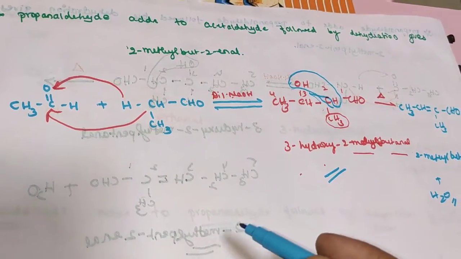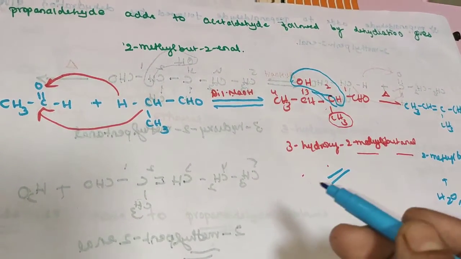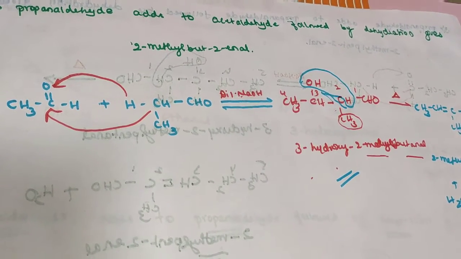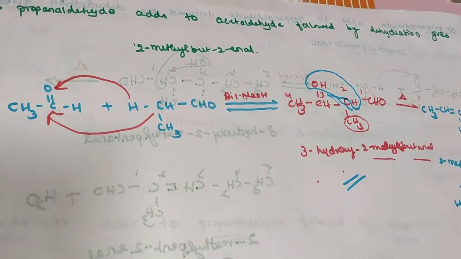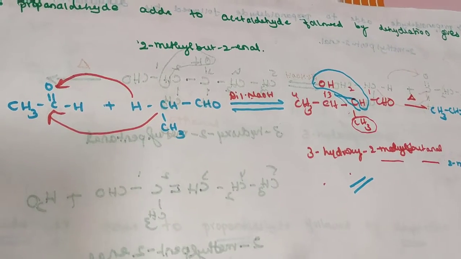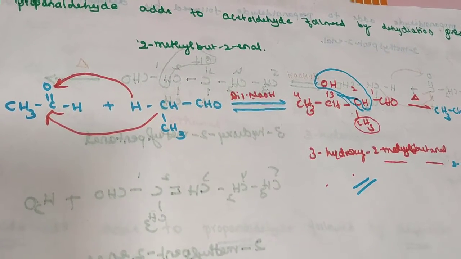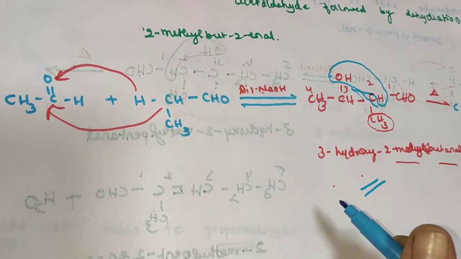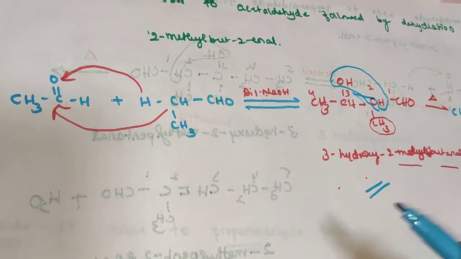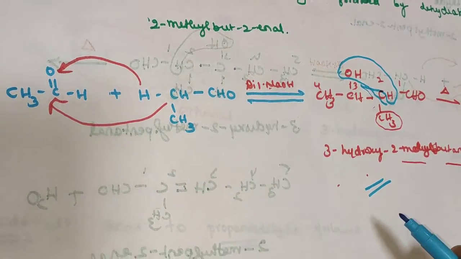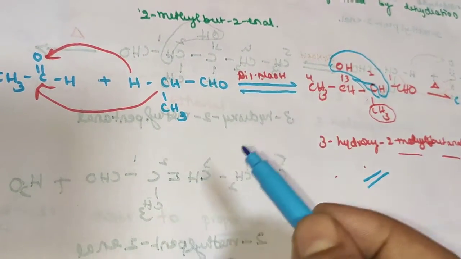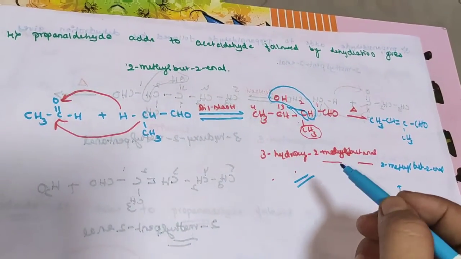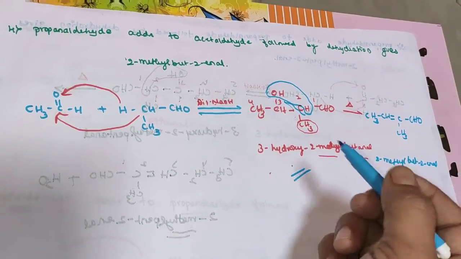Cross aldol condensation will always give a large number of products and hence there is difficulty in separating them. The mixed aldol condensations that are the most synthetically useful are those in which only one of the reactants contains alpha hydrogen and hence can form an enolate, or one of the reactants is more reactive towards nucleophilic addition than the other. So this is about cross aldol condensation, meaning which reactions are involved.